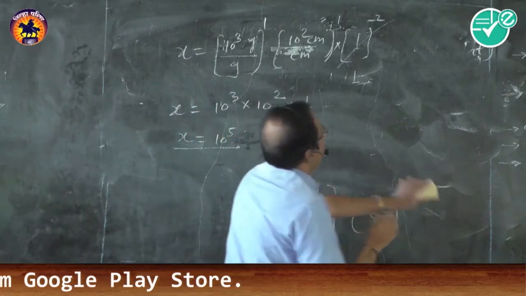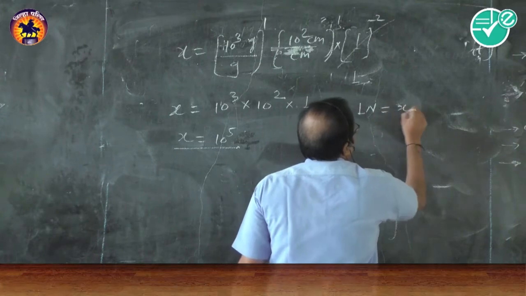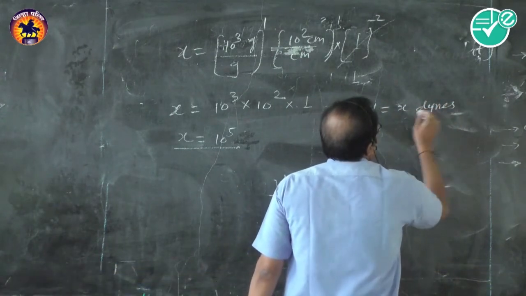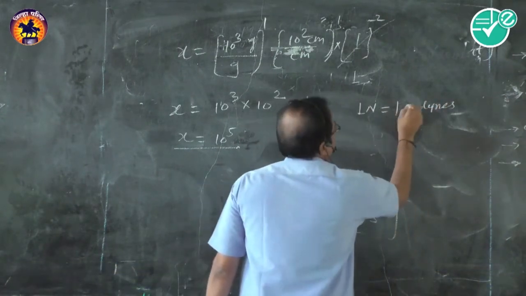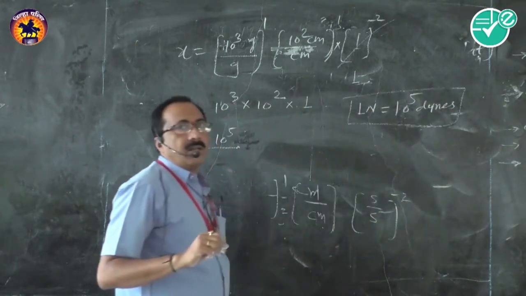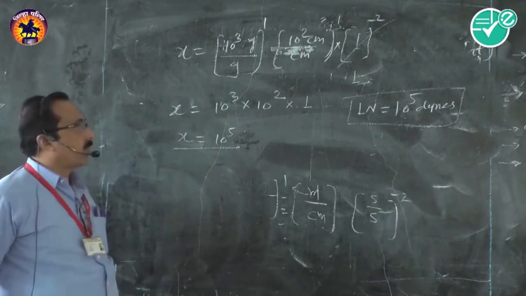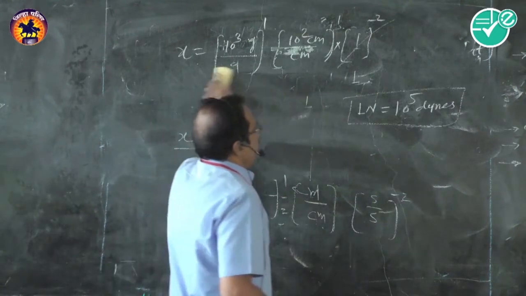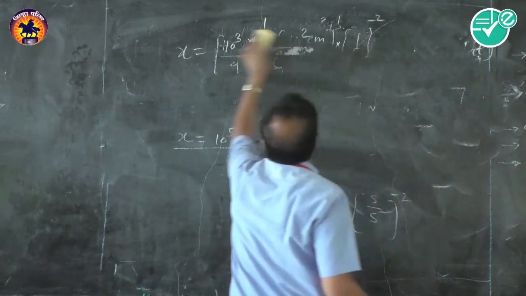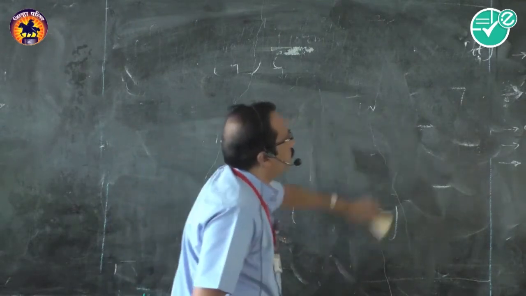So in the first equation we have written 1 Newton is equal to x times. So what is the value of x? X is equal to 10 raised to 5 times. So in this way we can find the conversion factor of any unit into another unit, isn't it? So this is about the second use. Let us discuss the third use.